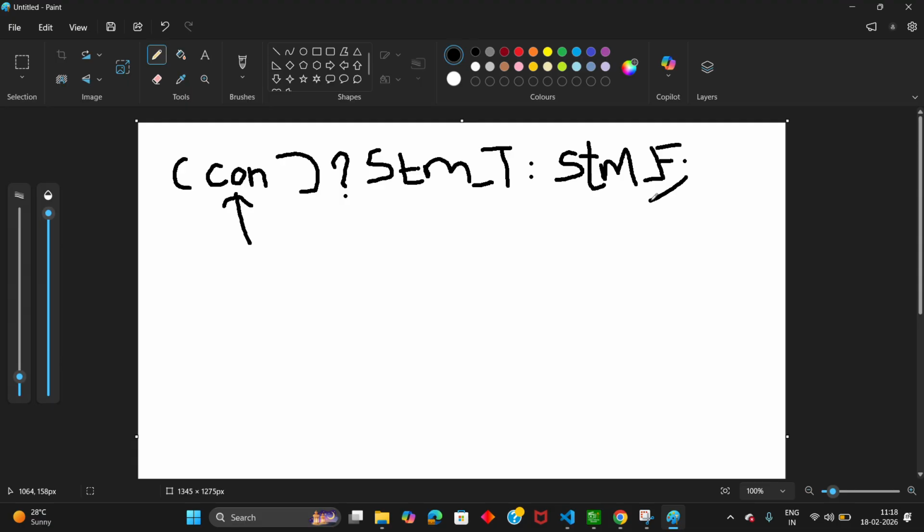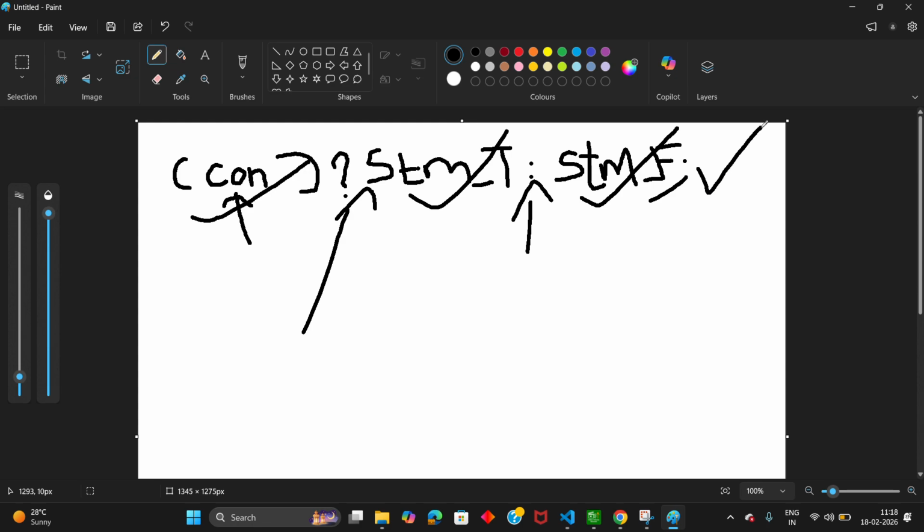This is the syntax for the ternary operator. You can see we have three operands: the condition is an operand, the statement true is also an operand, and the statement false is also an operand. You also have two operators: the question mark is an operator, and the colon is also an operator, whereas the semicolon is a terminating statement.